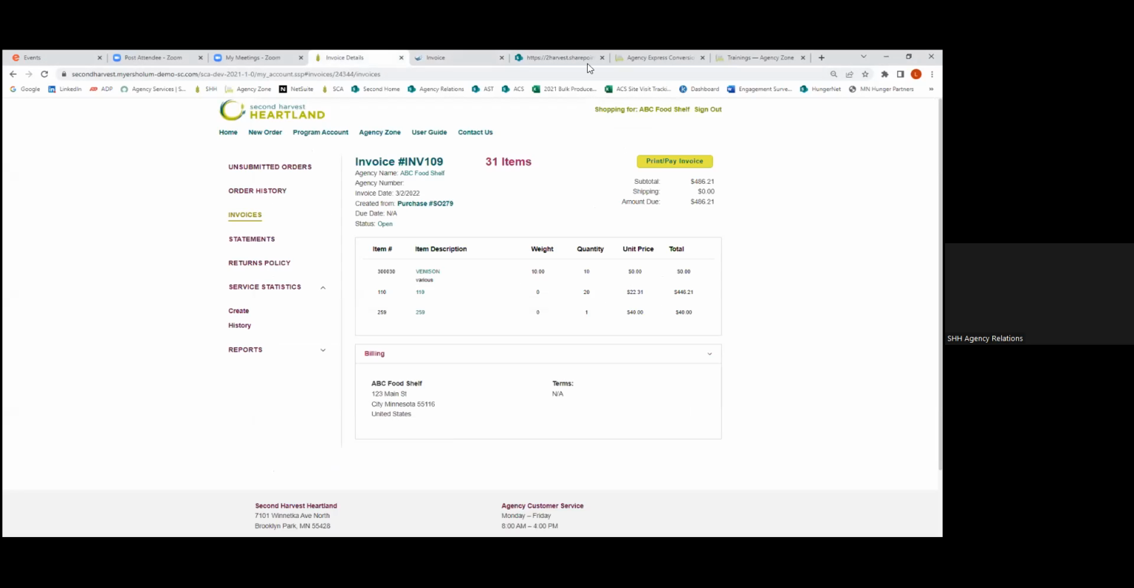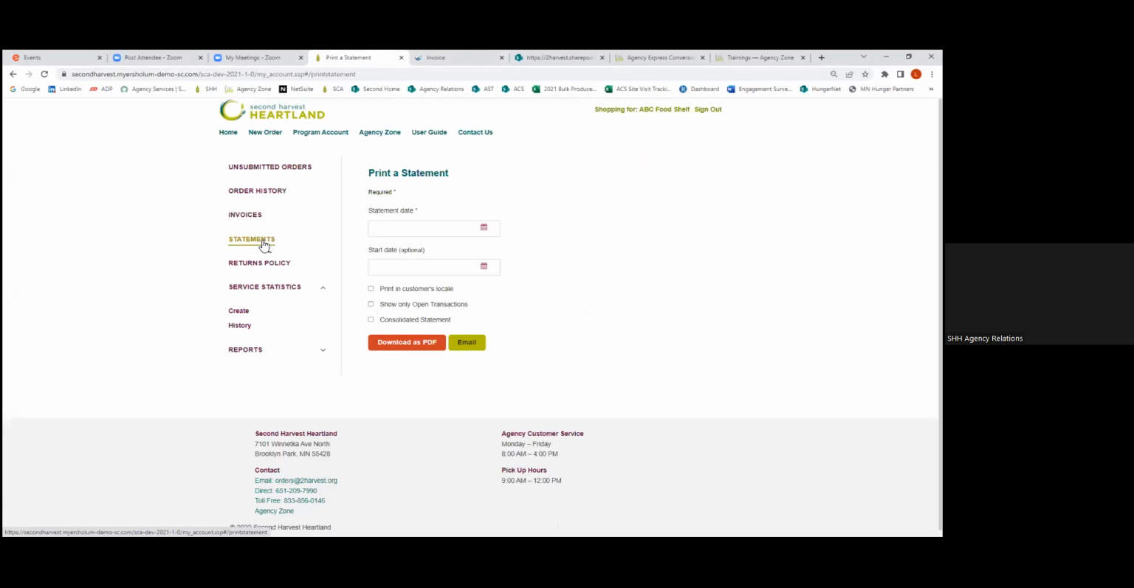So now if you wanted to pay numerous invoices at once for your program and or access your monthly statements, you can go ahead and click on statements here. And a couple different things populate. So to generate a monthly statement, you're going to want to click on, like I did, just the statement section. To view, print, or pay, you want to enter the last day of the month you wish to view the statement date for here. So for example, if I wanted to view all of my March 2022 invoices, I would go ahead and enter the 31st in here